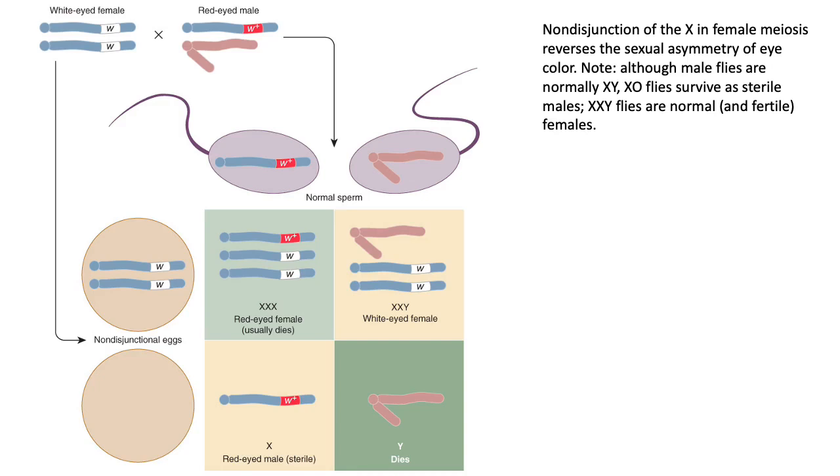And sure enough, lo and behold, it was a perfect 1-to-1 ratio: when you had a chromosome missing or an extra chromosome, that corresponded to the flies that had bizarre eye color, that didn't match normal sex-linked inheritance. So he started watching these flies more intently. He developed ways to make this rare occurrence happen more frequently, so he was able to look at more flies, and he was able to show that during meiosis,